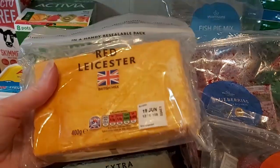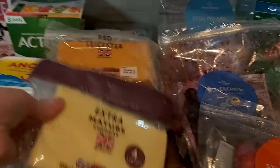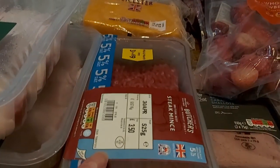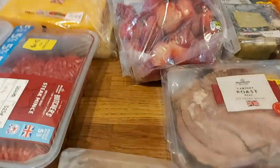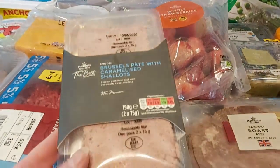And then a couple of blocks of cheese. I haven't been able to get red Leicester for ages, so I got a block of red Leicester, and I also got a block of extra mature cheddar as well. We are eating quite a bit of cheese at the moment. Then I've got some steak mince. So this is the 5% fat mince which we use, and then just because it looked really nice, I've just